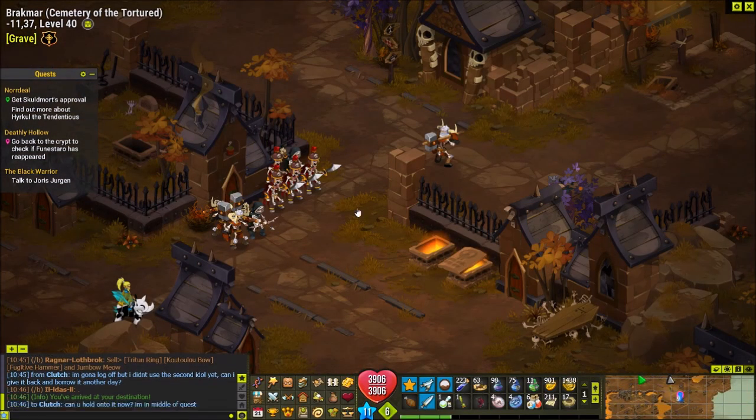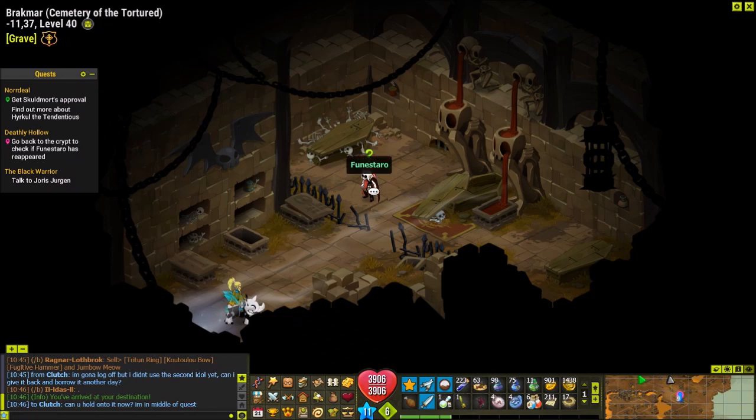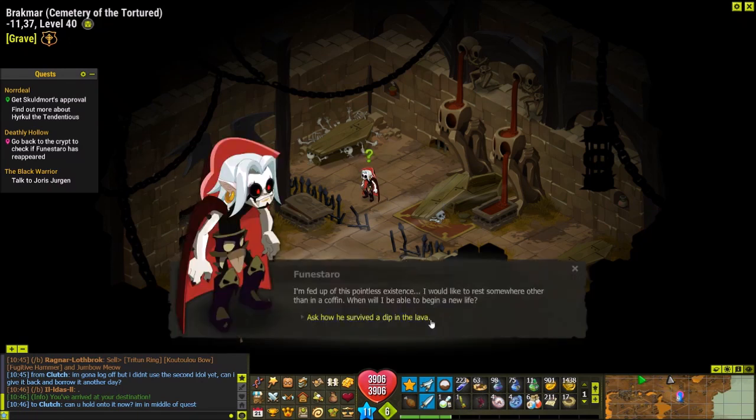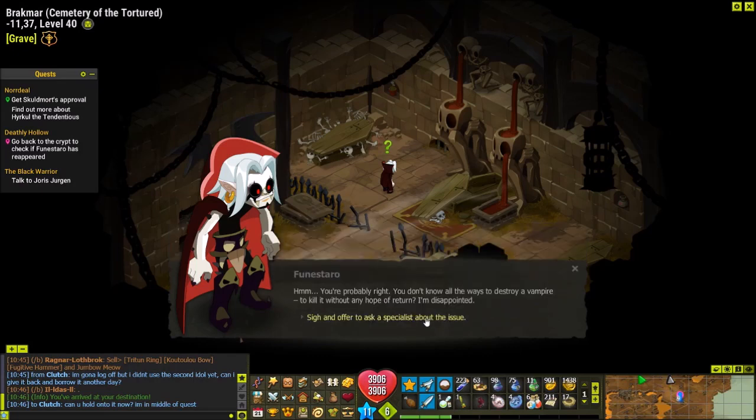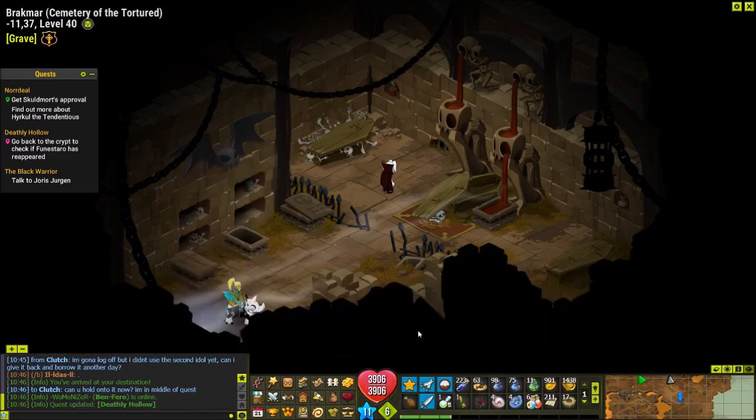Okay, once you arrive here, just go inside the crypt. Alright, so he's here, talk to him. So essentially what the purpose of this section of the quest is, you have to try and find a way to kill him. So we're trying to find a way to kill the vampire, essentially,